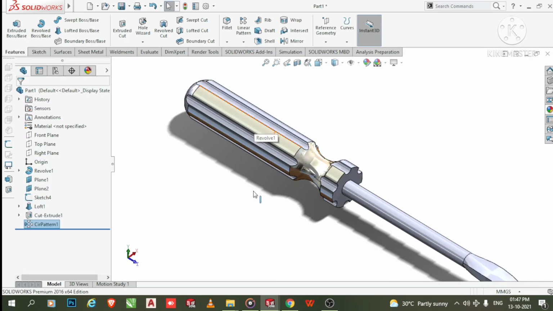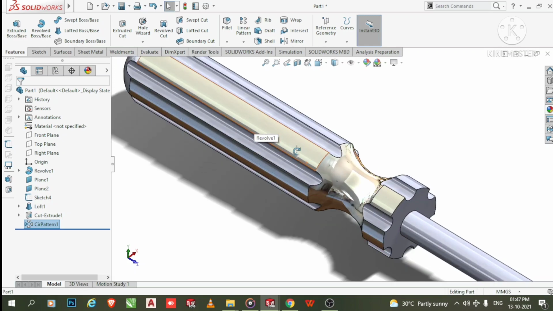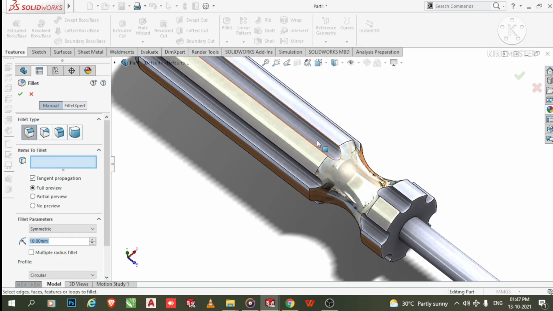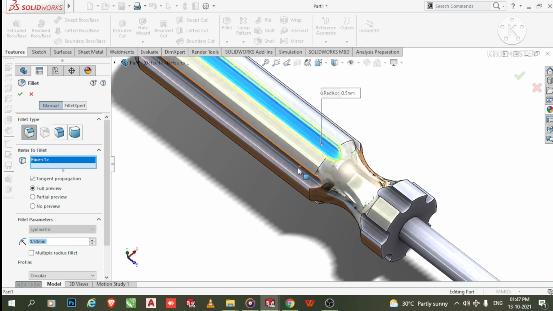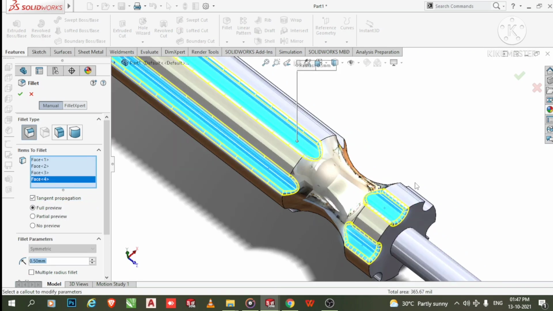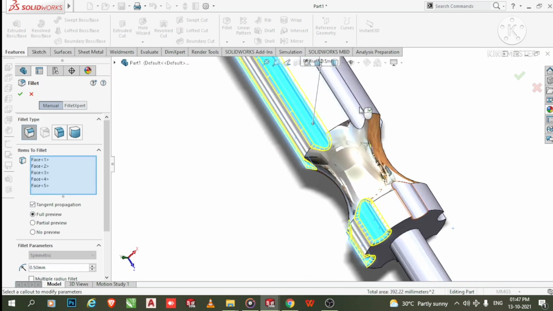Now here we apply the fillet of 0.5 mm. So go to the fillet and make it fillet 0.5. Select this face, this one, this face.